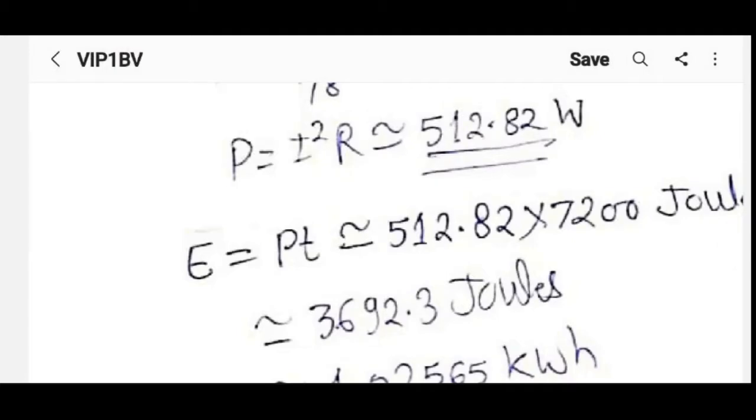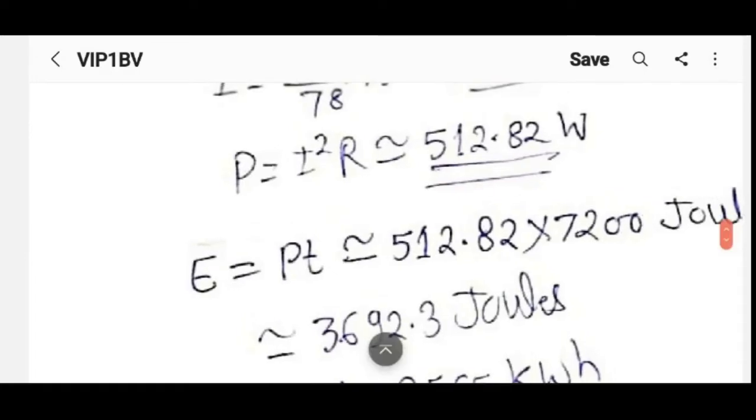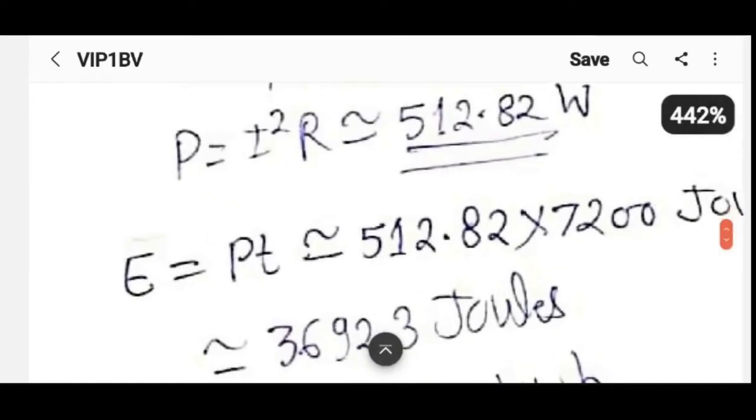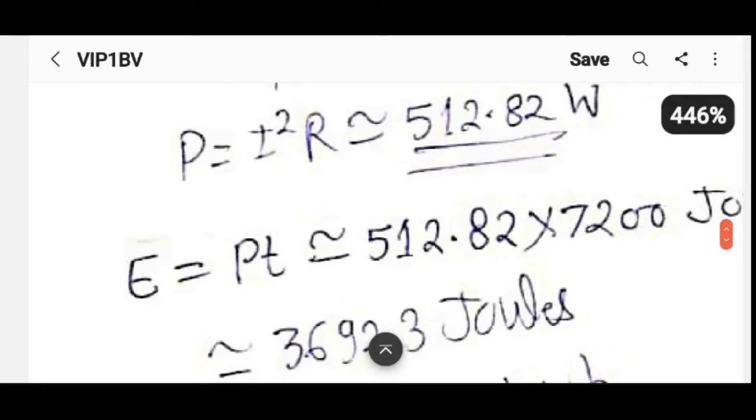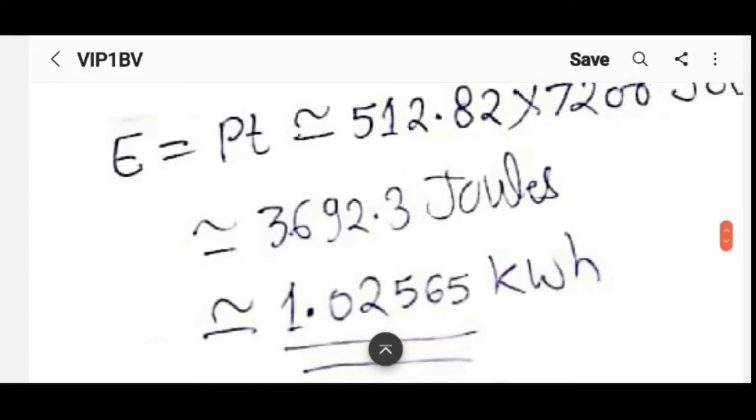I hope there's no mistake here. Hours. 120. Yeah, I think it's correct. 2 hours has 7200 seconds, right? Double check my calculations. If you see a mistake, let me know. We'll correct it. More important is to understand the procedure. So energy in joules will be power in watts multiplied by time in seconds. Okay, double check my calculations, please.